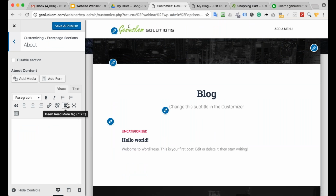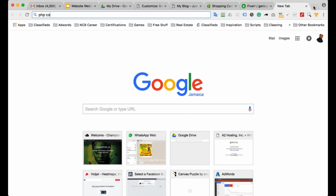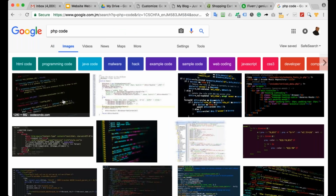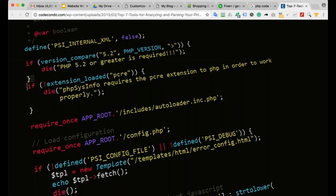What does coding mean? What are you talking about, for those that don't know? Coding, oh Lord, let me show you. The best way is to show you what coding looks like. So it's easier shown. So normally when we're creating a website, we would be interacting with just a lot of